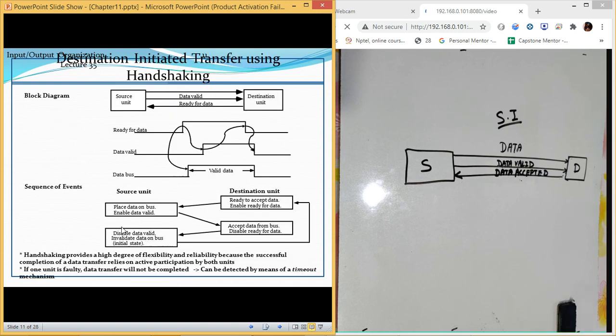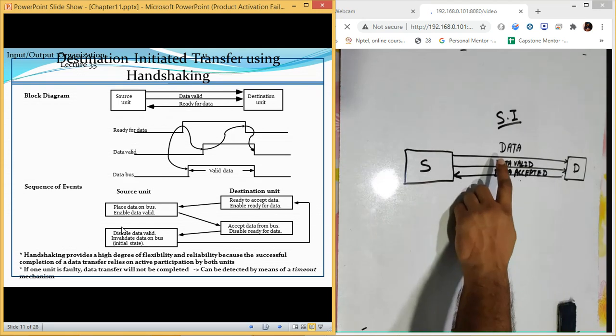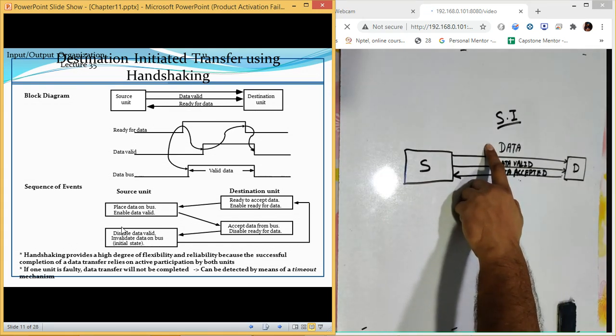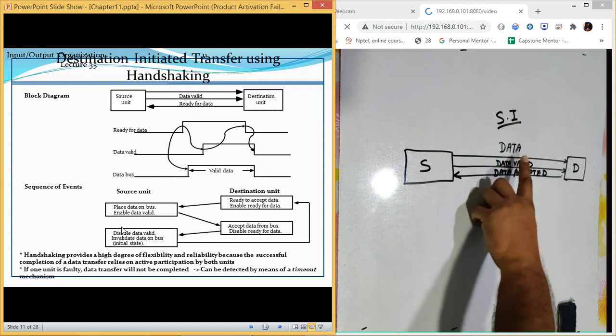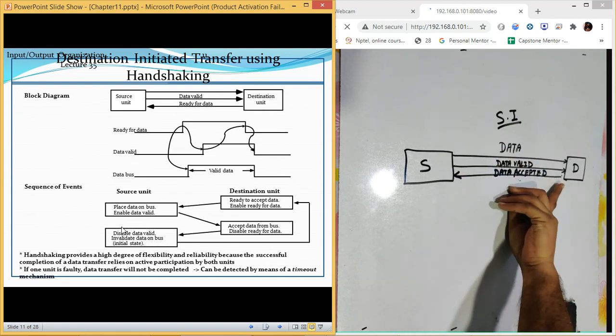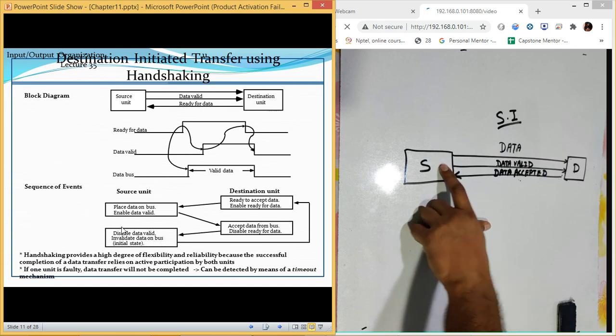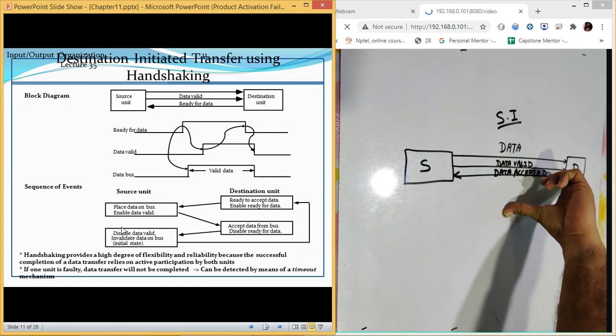Now let us move to the next topic, that is destination initiated handshaking. In this case, these two lines remain the same, data is the same because data has to be sent from source to the destination. Data valid signal is to be enabled by source and it has to reach the destination.